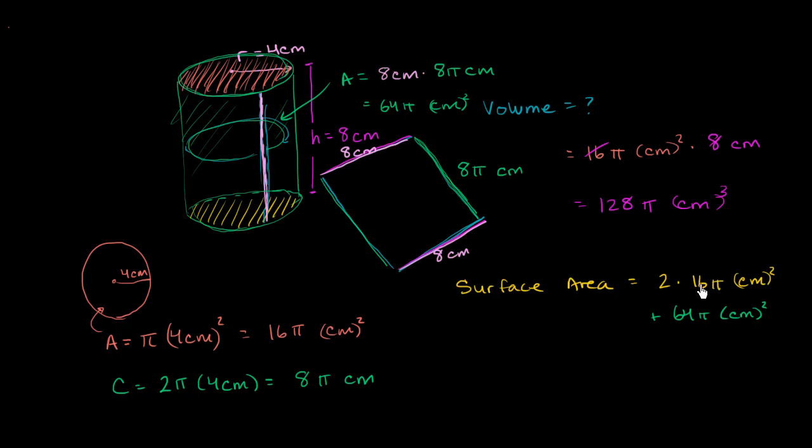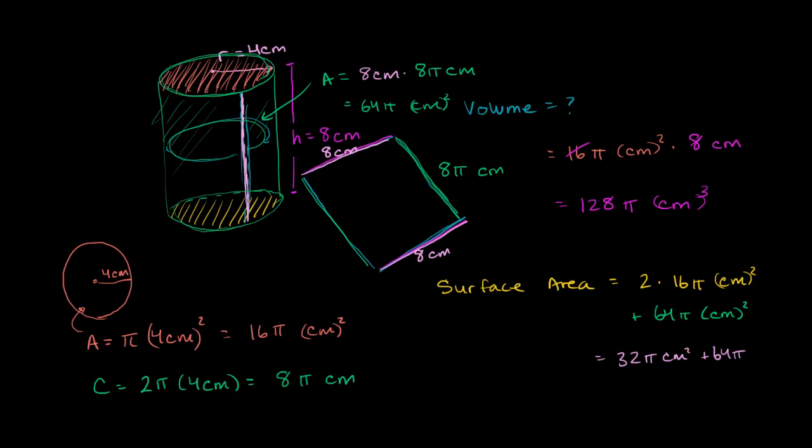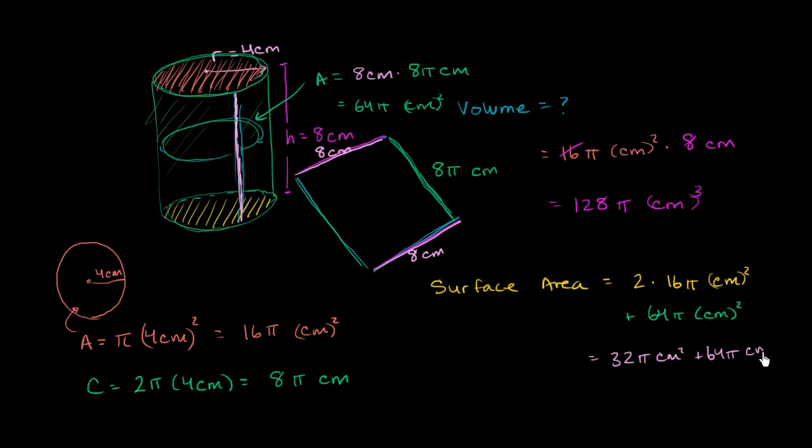So 2 times 16 pi is going to be equal to 32 pi centimeters squared, plus 64 pi centimeters squared. And then 32 plus 64 is 96 pi centimeters squared. So it's equal to 96 pi square centimeters, which is going to be a little bit